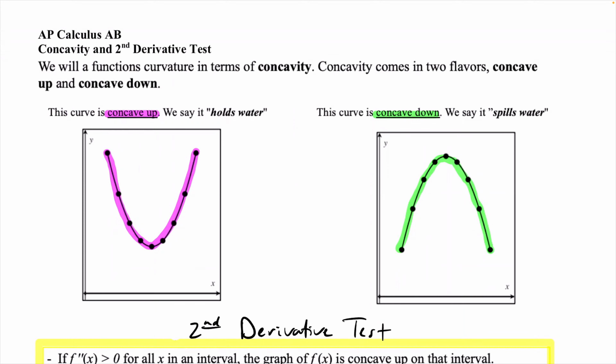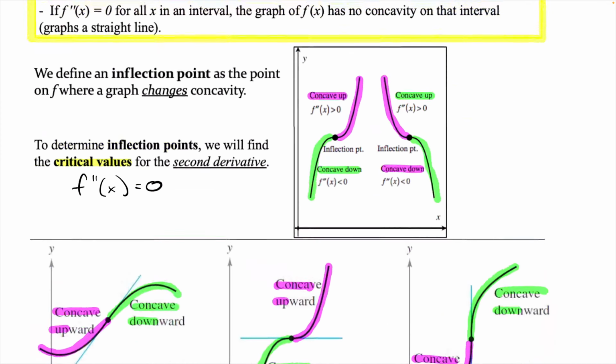These are easy to tell. That's concave up, kind of cup, right? Cup holds water, spills water, that kind of thing. But if you look at the bottom of the page, sometimes it's kind of difficult to tell because